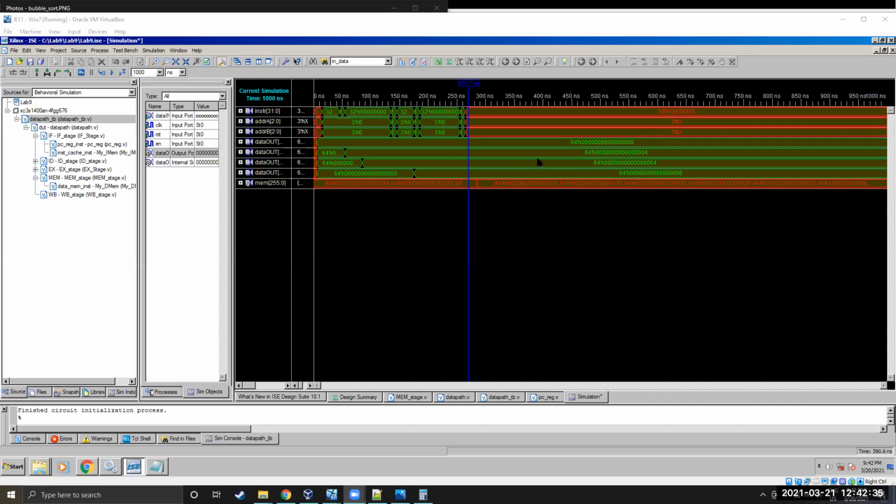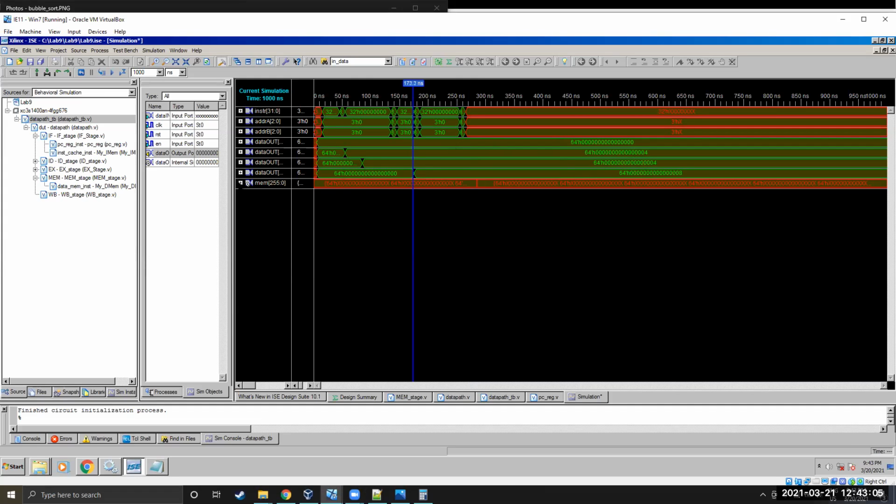Here we see a simulated behavior of the assembly level code. At this marker point, we are loading the value 4 from data memory 0 to register R0. And then at this point, we are loading the same value to register R1. After executing the add instruction, we are storing 8 to R3.